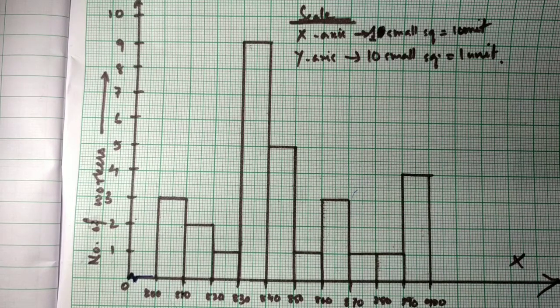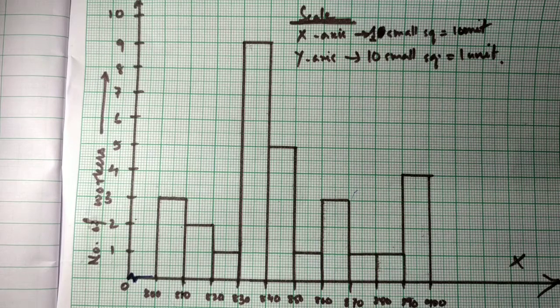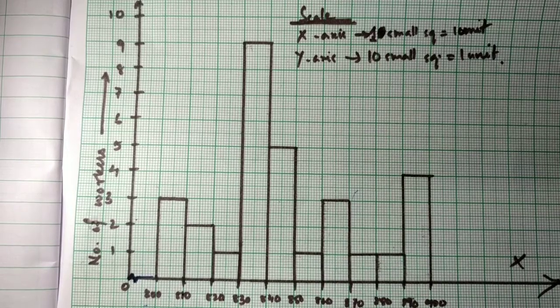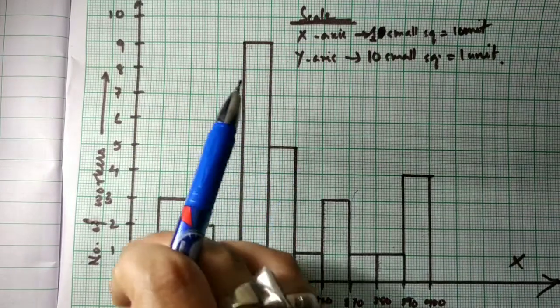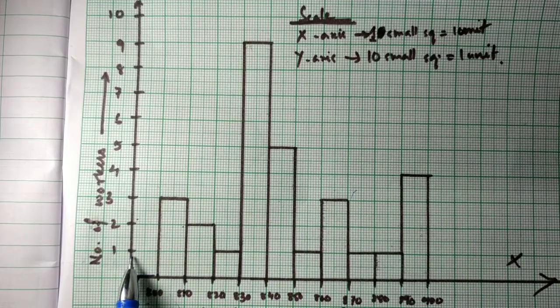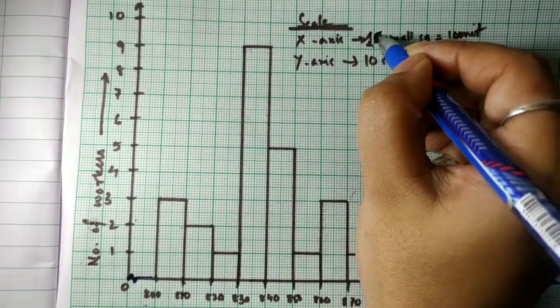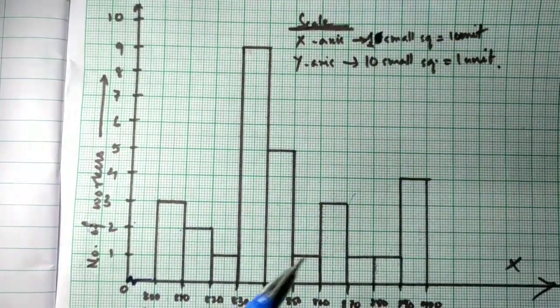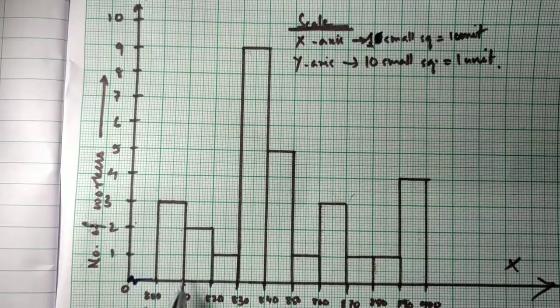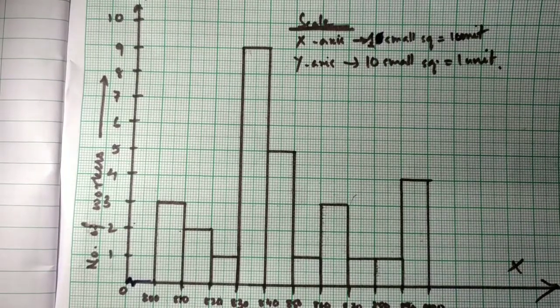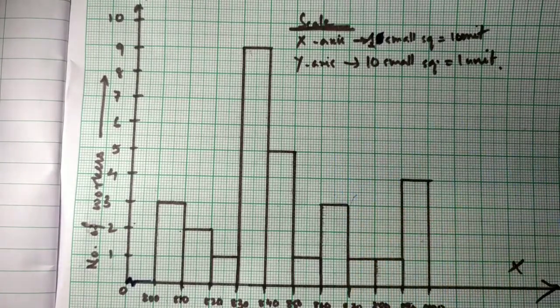You cannot draw again 100, 10, 20, 30, 40 like this, 310, 320. The graph won't fit that much. So we need from 800, so we started from there. Okay, and on the y-axis, you can see I have taken it so that it looks bigger. I have taken 10 small squares as 1 unit. So you can see I have written y-axis 1. This is not 10. Please see, this is struck out. 1 small square is equal to 1 unit. So this is the histogram that we are looking for.